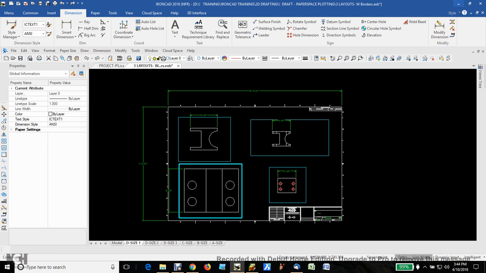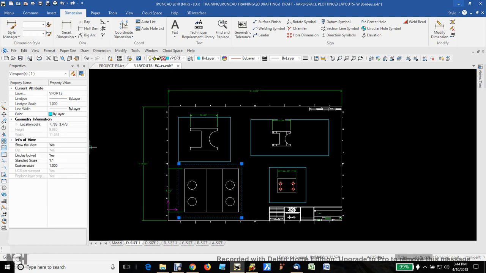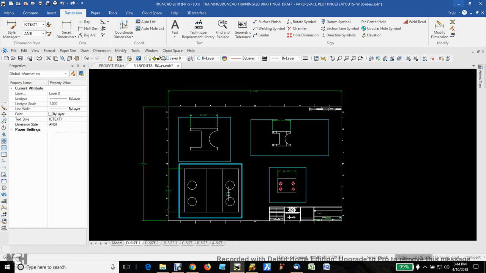So that's the reason you would lock the viewport, so that you don't inadvertently screw up your scale. So then double click, make sure I didn't mess that up. Yes, that's still locked. So that's why you would lock a viewport, so that if you happen to be in it and inadvertently use your mouse, because it's real easy to do, you won't mess up your scale. And then at this point you would come in here